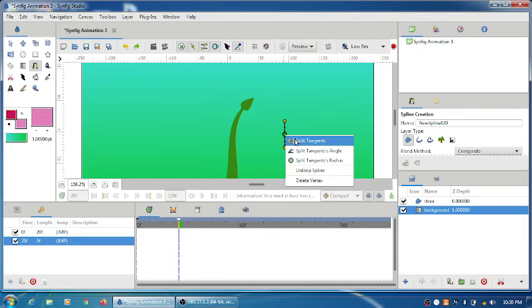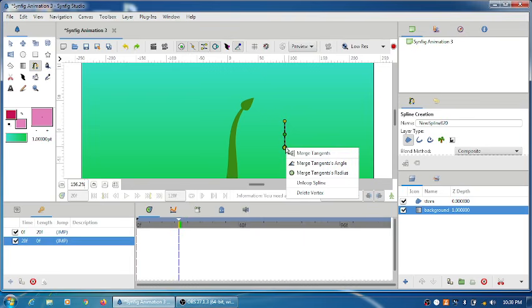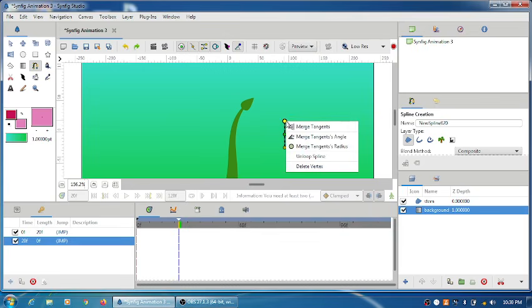Now split tangent, wait. It becomes only one line. No, I don't want this.